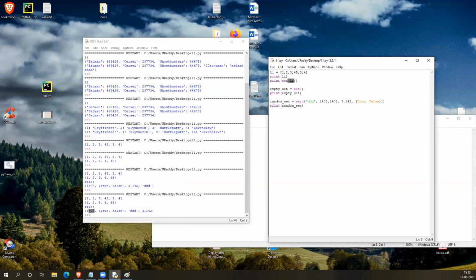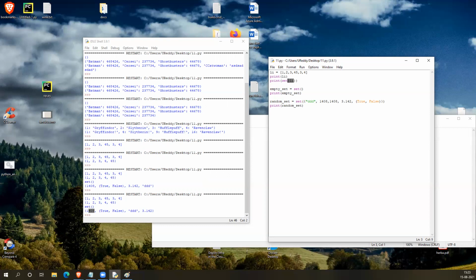And you can add new elements to it by using the add method. Similarly, you can use the update method which we followed in dictionaries here also to append a new set to it completely. You can provide as the argument to that update method a set or a list or whichever.